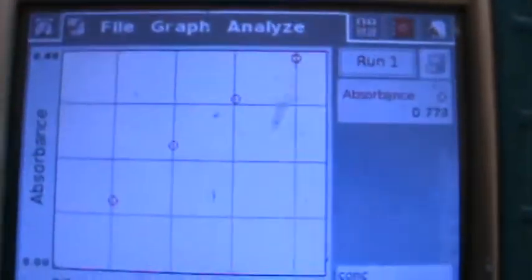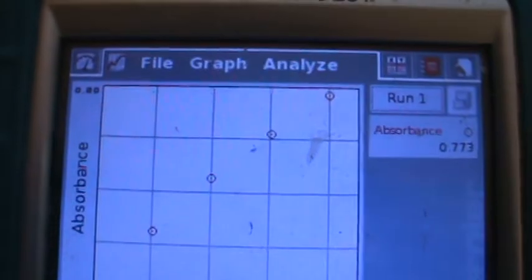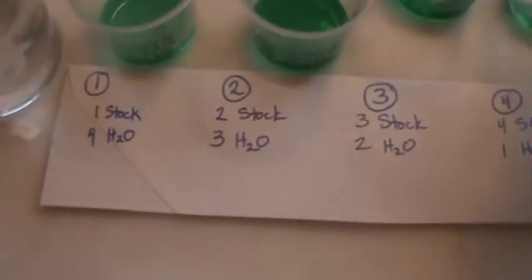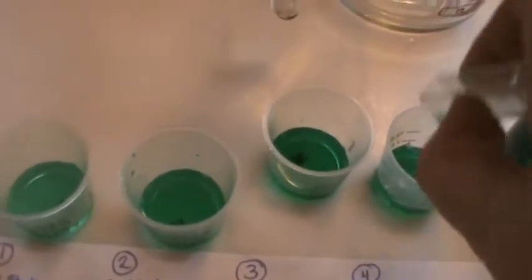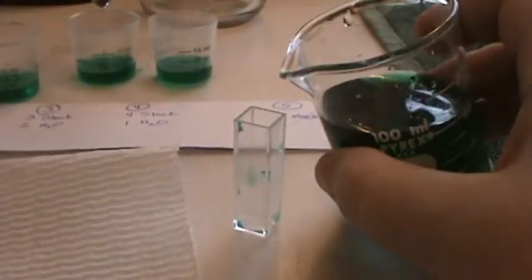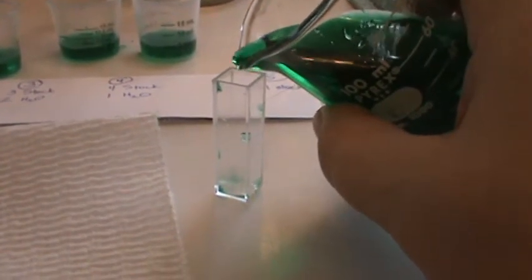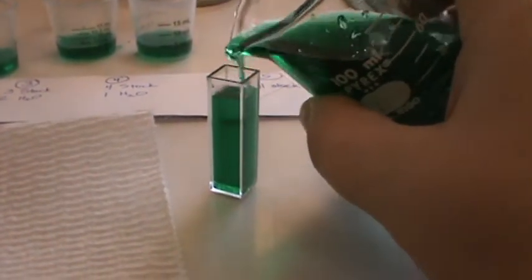And you can see, hopefully, that we're getting a really nice straight line here, which is excellent. That means that I did a good job of making my solutions. You always go from the least concentrated to the most concentrated when you're doing this. And now, just like I got a perfect 0, I'm also going to